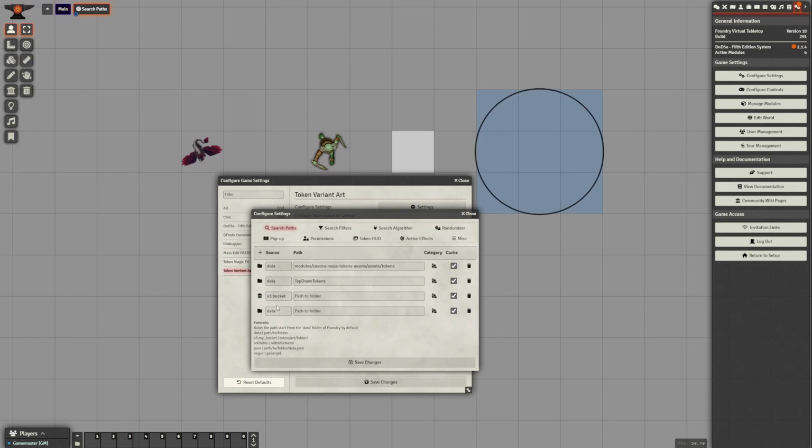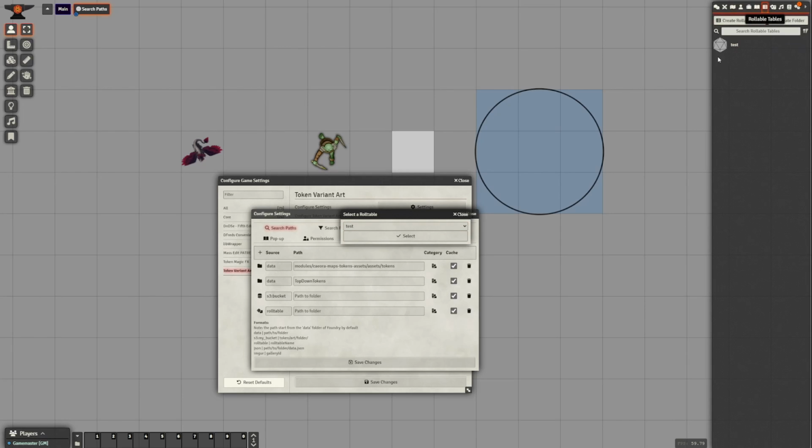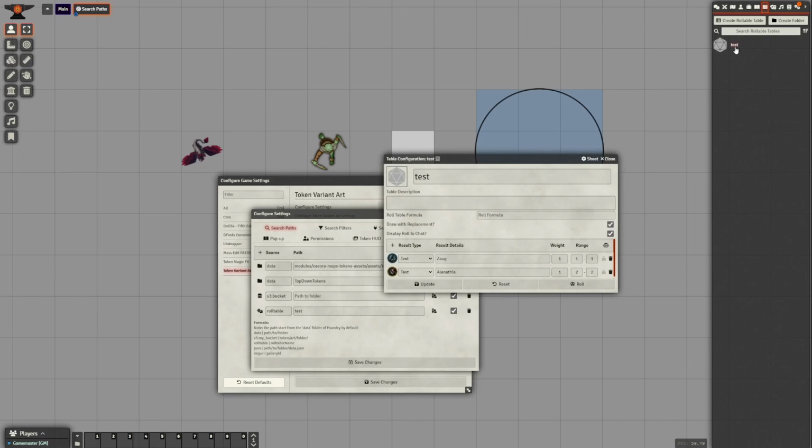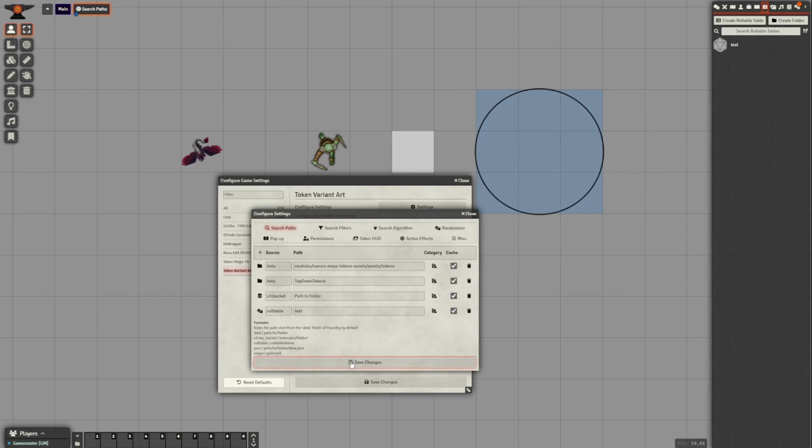If I want to add, for example, a roll table, I click plus again, I type in roll table. See, once again, the icon changes. And now if I click it, the module will show me all the roll tables that I have, which there is just one at the moment. But if I select it, it now gets added in, and now the module will actually source the images through the roll table. I have two images set up here, see Zog and Elenithia. If I click save changes,